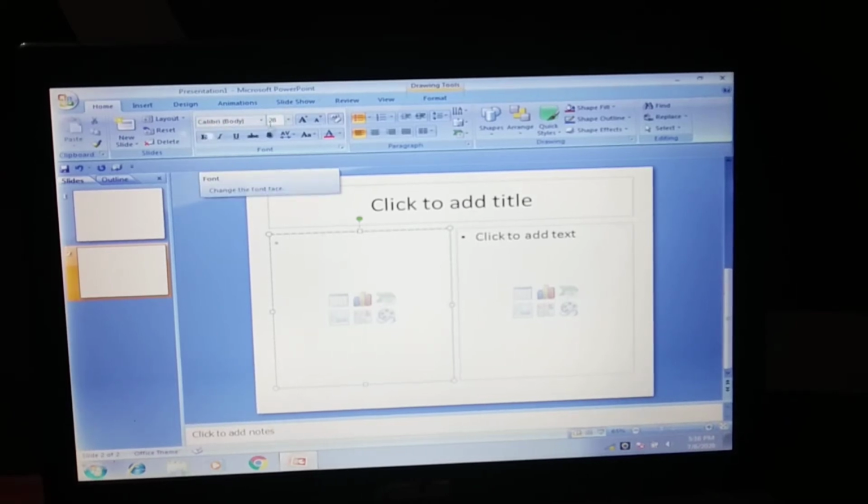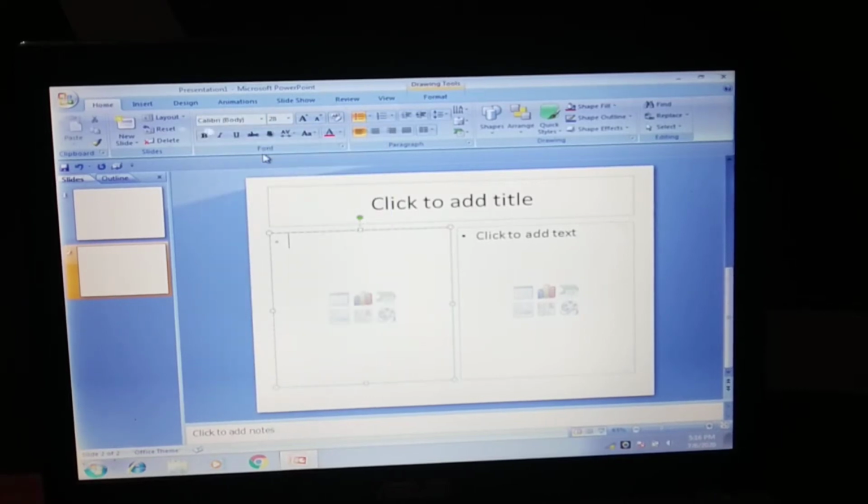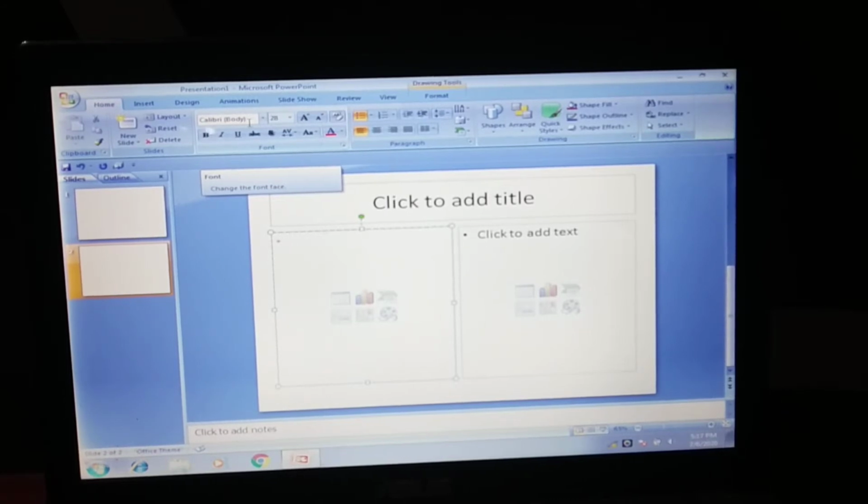It is written Calibri. Okay, so this is the default font. Font means style of writing. This is the default font which you will find here in MS PowerPoint. So theme includes a white background, a very basic set of colors, and the Calibri font. That is the 5th line of the paragraph under the heading applying a theme to an existing presentation.